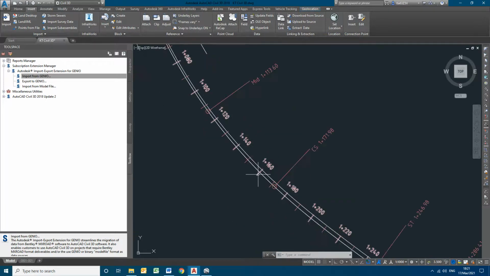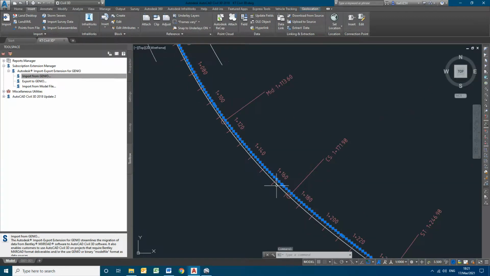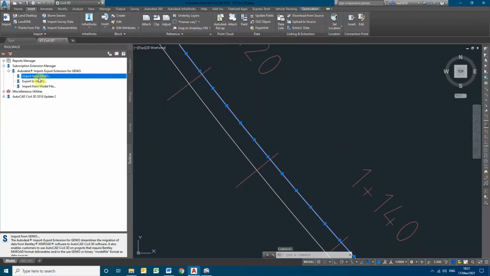One issue with importing and exporting the MX data is that we can only import the strings: offset strings, LS strings, MC strings and GC strings. MS, LS, MC and GC strings contain only the horizontal and vertical profile of the road, whereas the remaining strings are only offset strings.